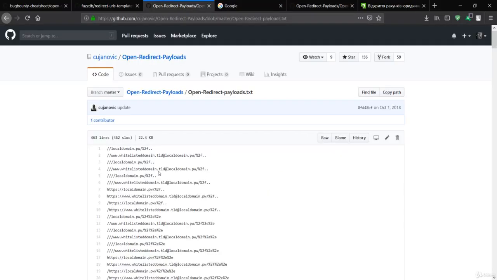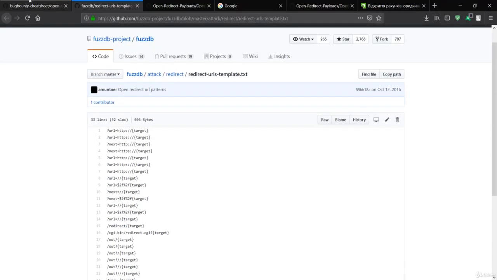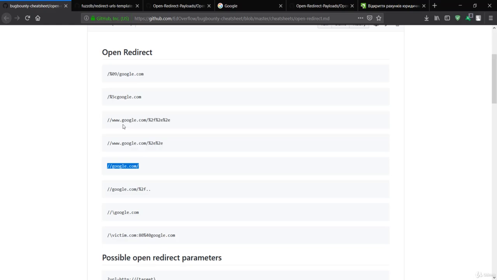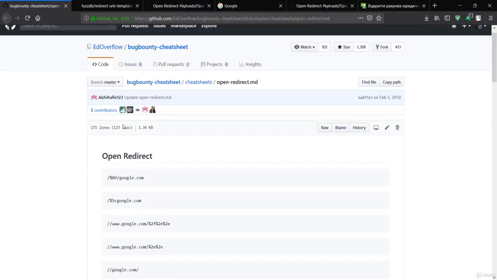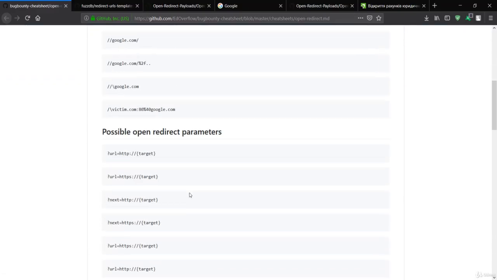In the next lecture, we'll see another technique, which is fetching these URL parameters and passing the target URL to those parameters. That will be covered in the next lecture, but in this lecture we saw how we can make use of path fragments to inject the payload through Intruder and manually, and see the open URL redirection. You can simply download this cheat sheet from the resource section.